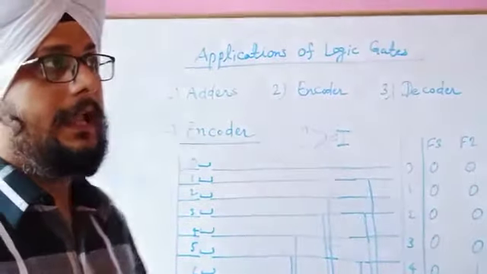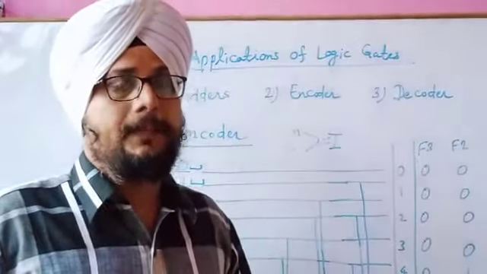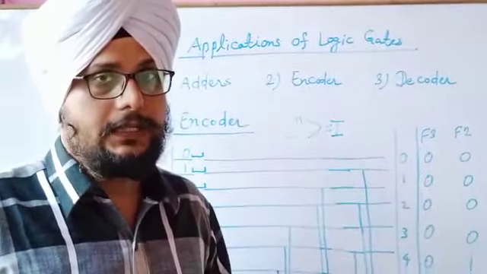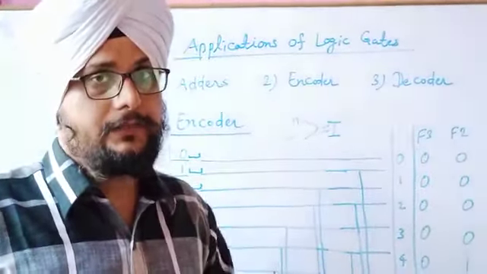So in computer we apply so many processes of conversion. Like if we have to convert the number from decimal to binary, we have a special type of circuit using which we can convert the number from decimal to binary. The opposite works. Suppose we have to convert the number from binary to decimal, we have the circuit decoder that we will be discussing in the next class. But in this class I'll be discussing encoder.